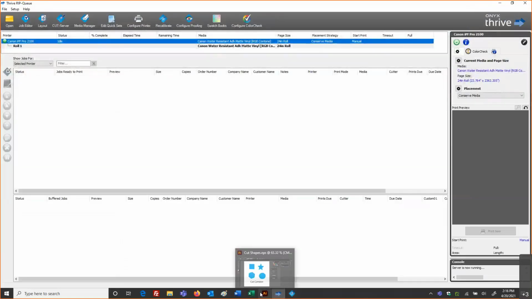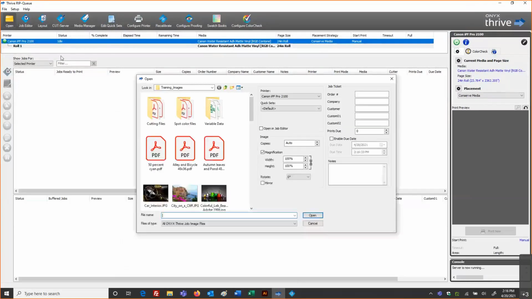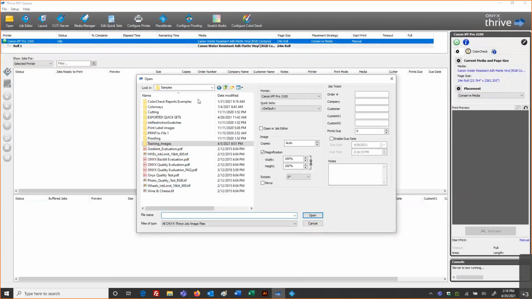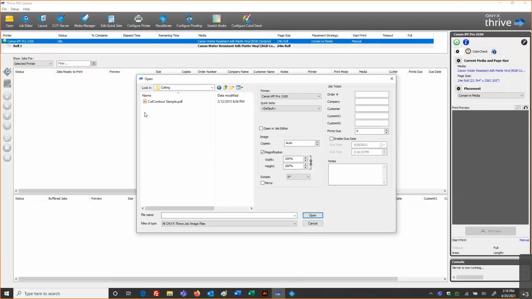So now let's take a look at bringing in a file. In the samples folder of the RIP software, we do have a cutting folder, and inside there is a cut contour sample. And so if you ever want to test your workflow, test your quick set, test your cut server and communication to the device, but you didn't have a file designed, you can always use this setting and test your workflow.